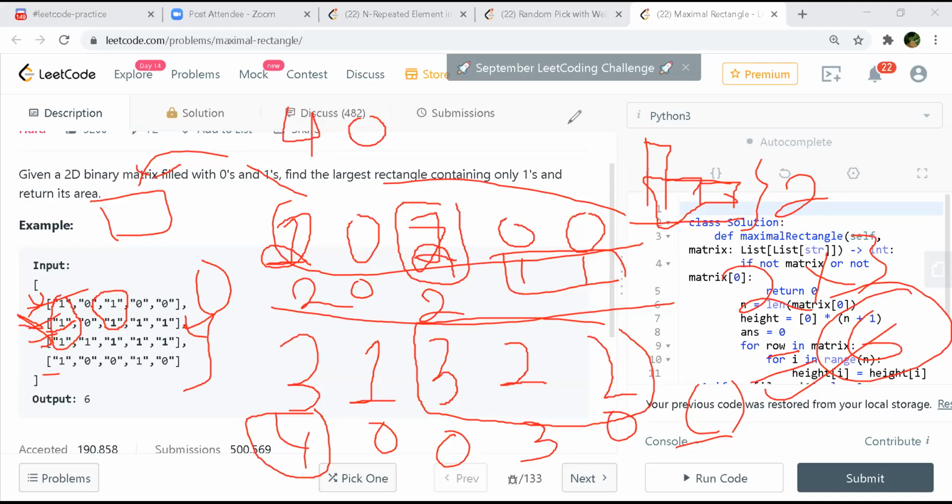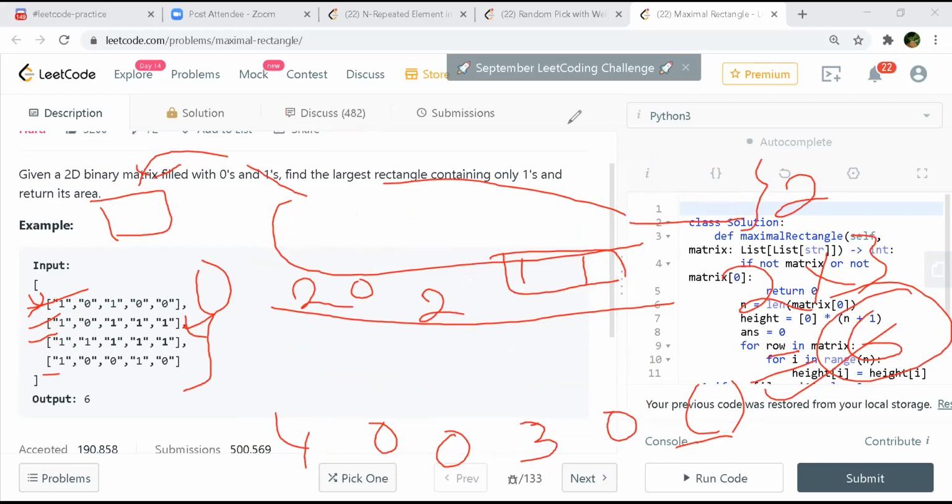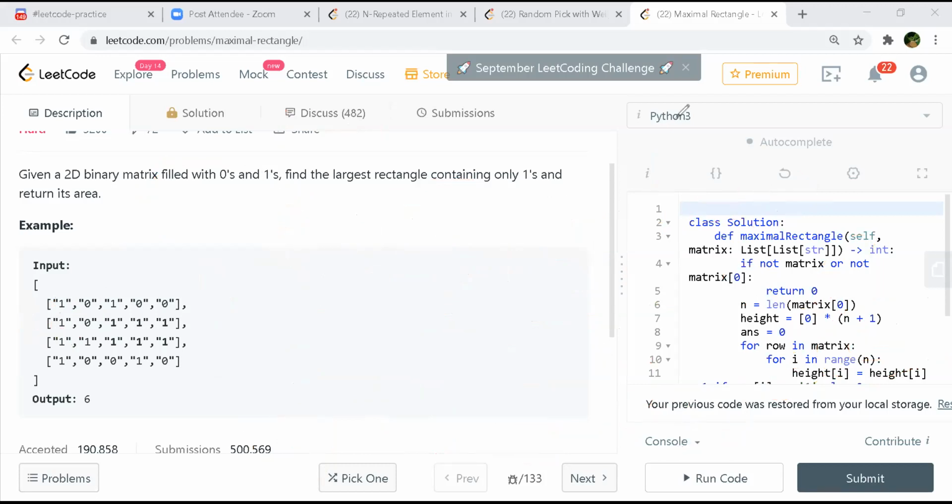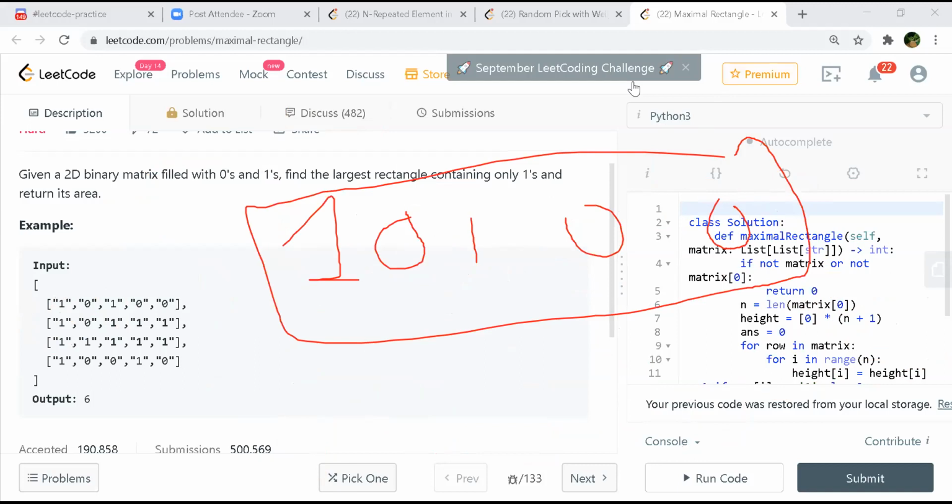Okay, I'll clear this up, I'm not able to follow. Let's say initially we have this array, 1 0 1 0. Now you apply a stack operation on this particular vector, and the size of this vector is equal to the number of columns, so this would be O of number of columns.